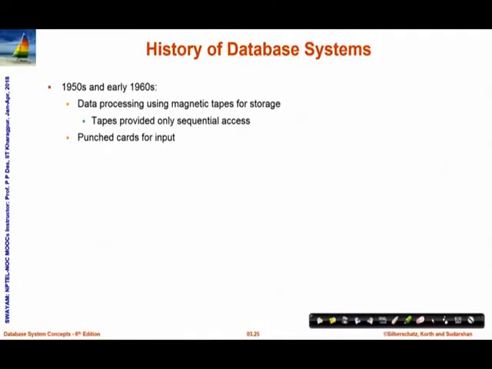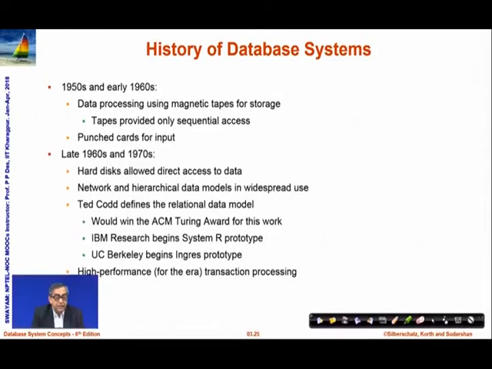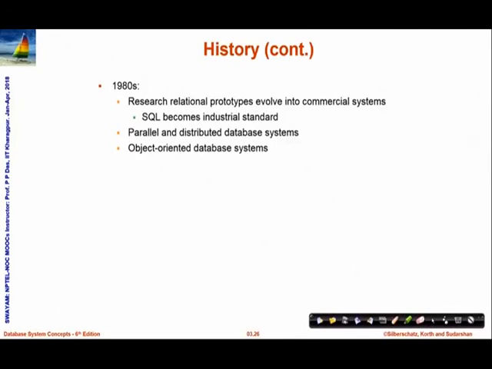In terms of history, I will not go through each and every point here. This is more for completeness and to give you a sense of how things have been going. Database systems started in the 50s and early 60s, then major developments of the relational model started happening in the 70s, and in the 80s it proliferated in terms of prototypes and commercial systems.